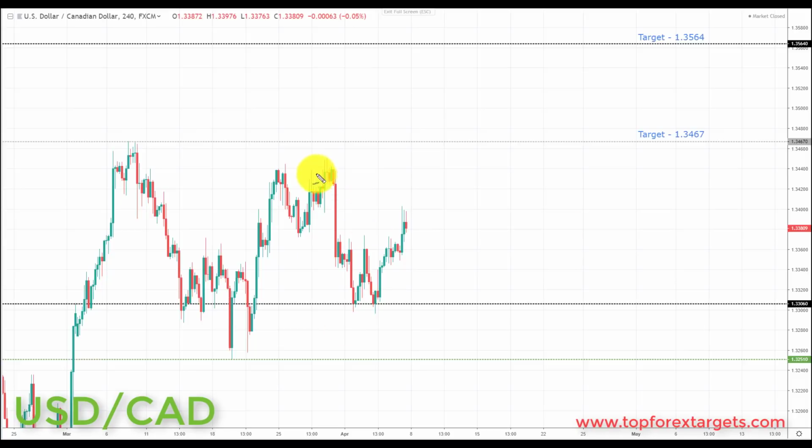Now we did come down and we bounced at the key area of support highlighted in previous videos at 1.33060. For anybody not already looking to the upside from the 1.33060, going into next week, if we can get a pullback into this area, any pullback, and especially if we can get another retest of broken resistance turning support at the 1.33060, any pullback in this area is going to be viewed as an opportunity to look for further advances